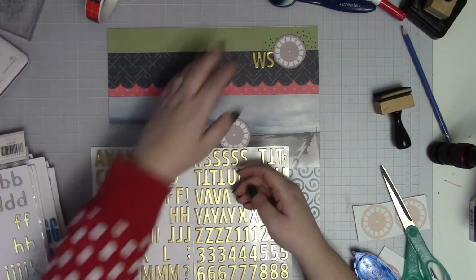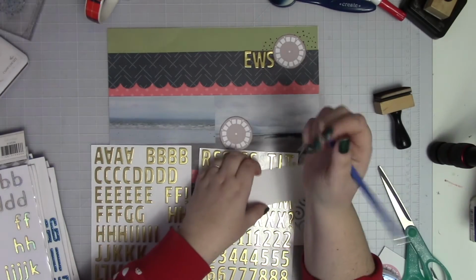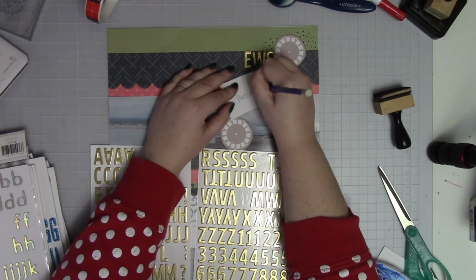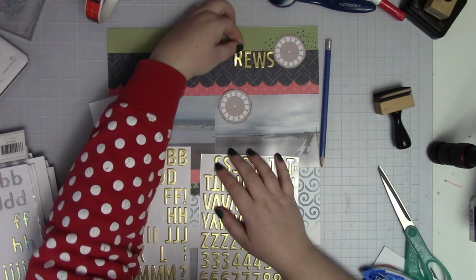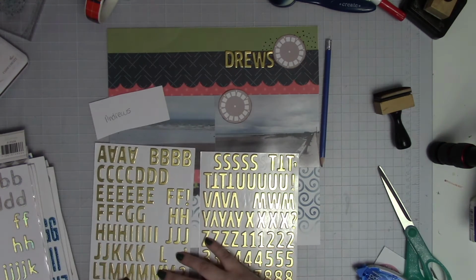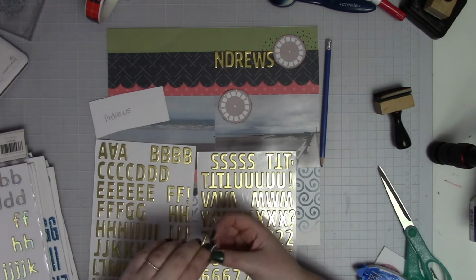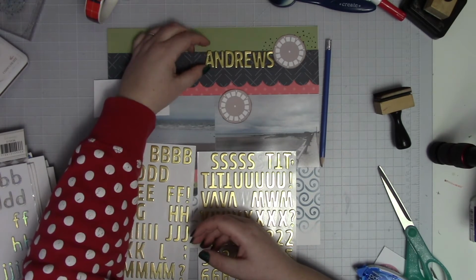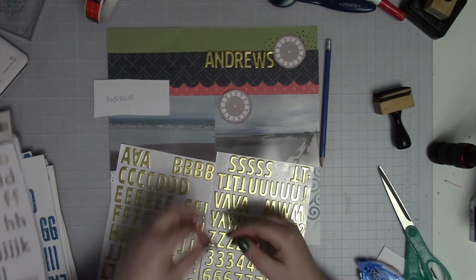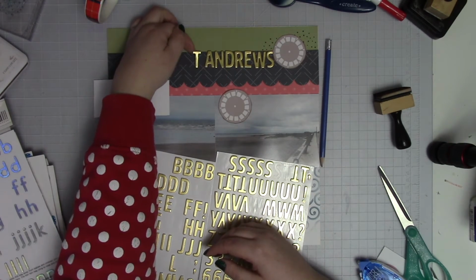So these pictures are of St. Andrews Beach in St. Andrews, Scotland. I think I was trying to spell Andrews backwards. I was struggling. I think this might have been the last layout that I was making for this crop. So, I mean, this is like the end of the crop, and I was tired, and